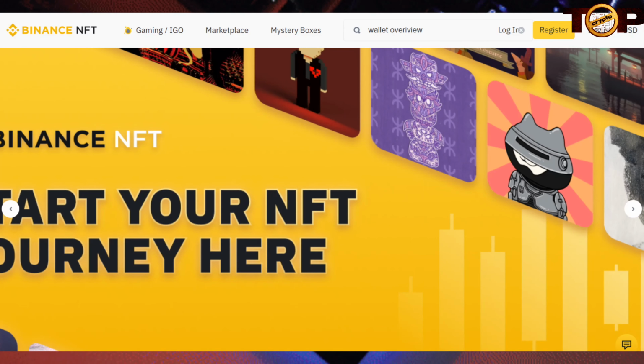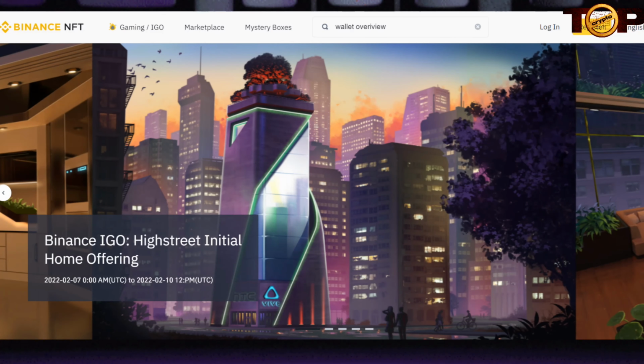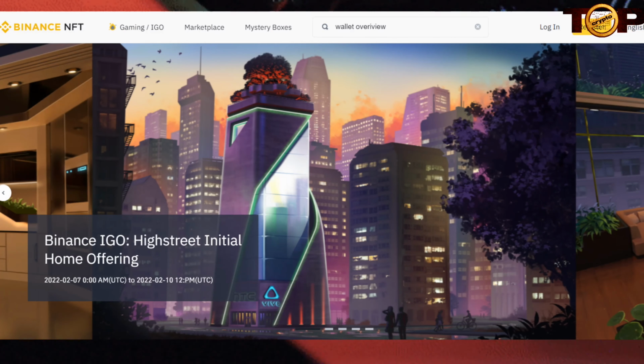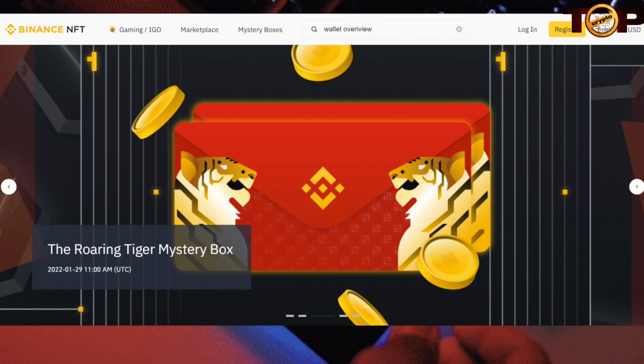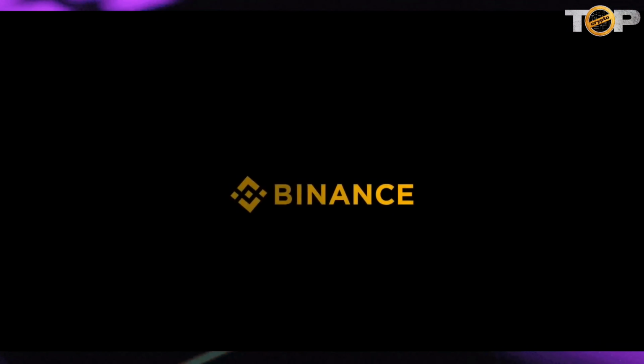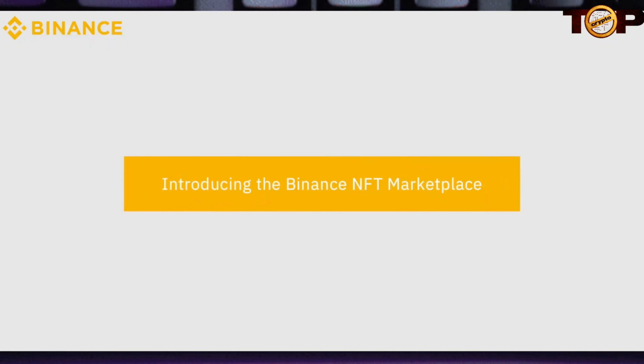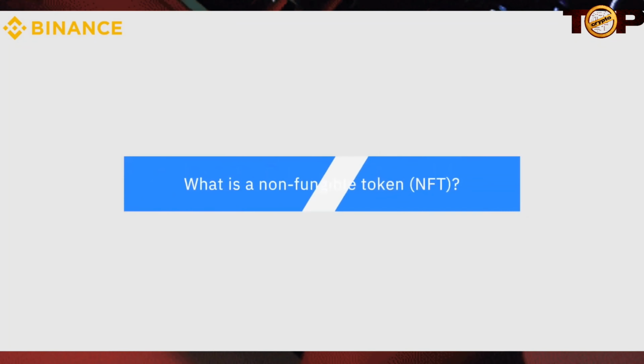Let's begin. Introducing the Binance NFT Marketplace. The Binance NFT Marketplace is a platform for trading a variety of digital artworks and collectibles. Powered by Binance blockchain infrastructure and community, the Binance NFT Marketplace provides high liquidity for users who want to create,